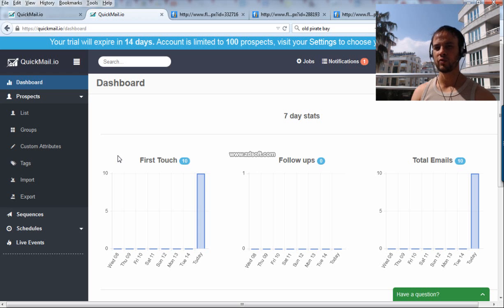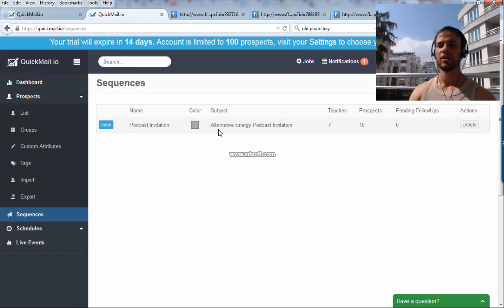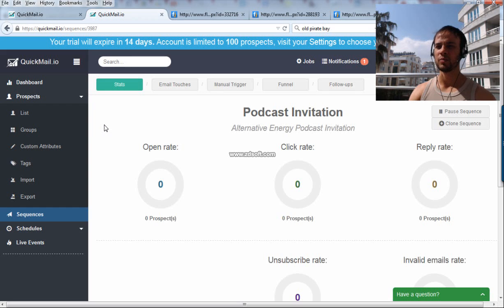From there, what happens with QuickMail is you can tell it to set up a sequence. The sequence is how many emails you want to have go out to people, because you need to generally follow up 5, 6, 7, 8, 9 times to get a good response rate from prospects. The way that you automate that, because manually is too painful, is you can set up different